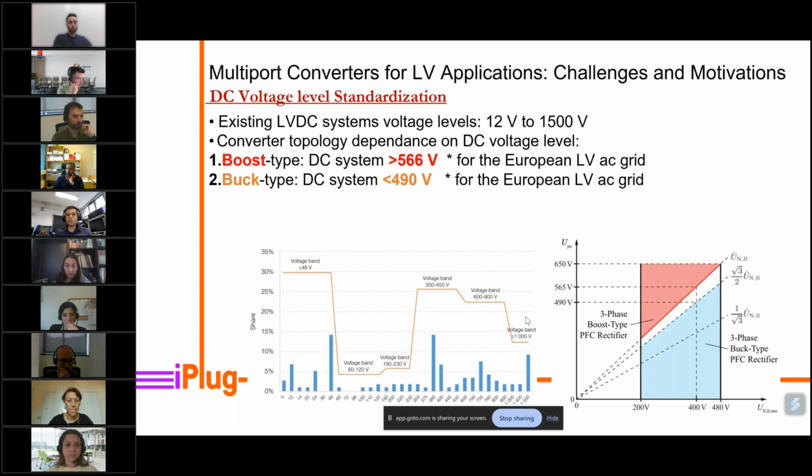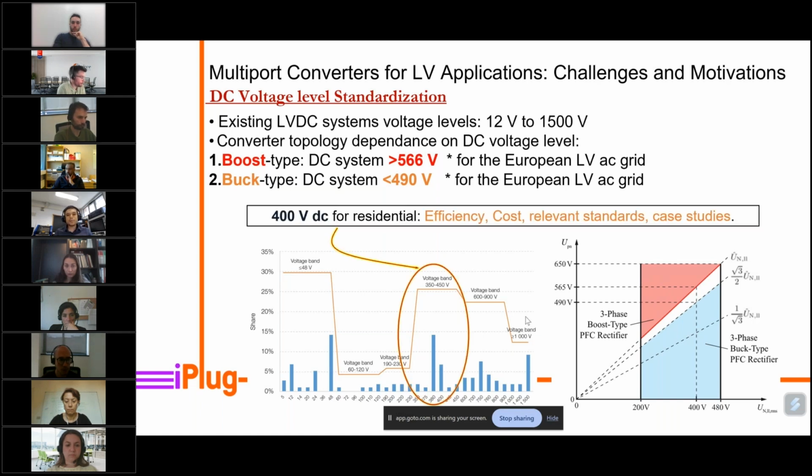selection itself. So if you are going to interface the European low voltage AC grid with DC systems higher than 566 volt, you need a boost type or a voltage source converter. Or if you are going to interface with these systems lower than 490 volt, you need a buck type or current source converter. And towards standardization, there are some efforts that recommended the 400 volt DC systems as it's proven